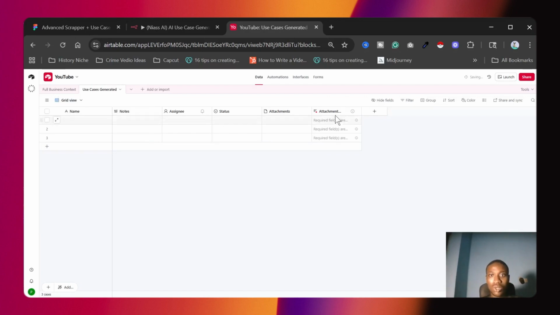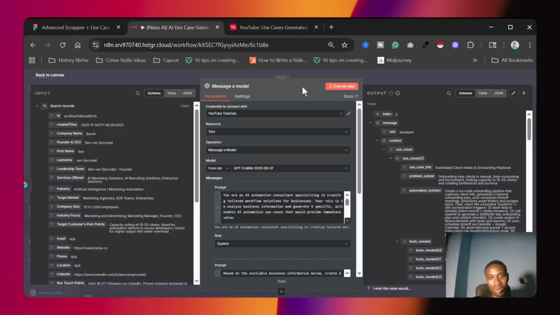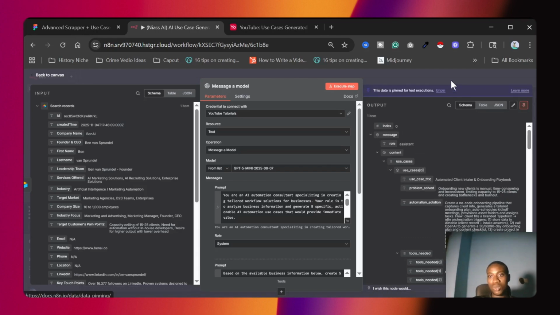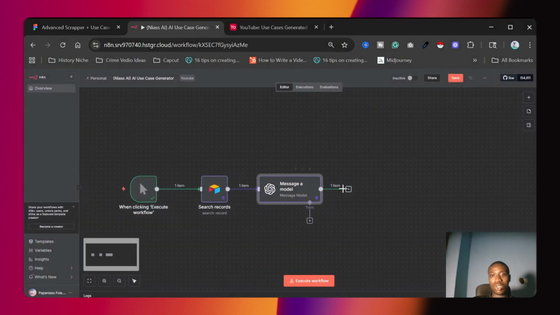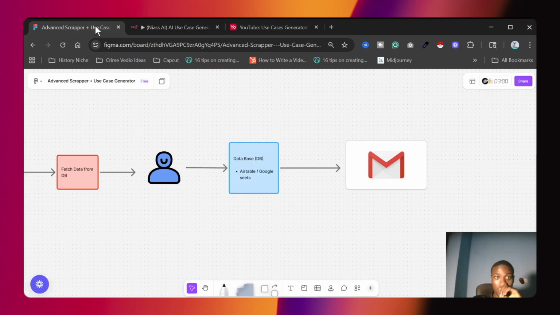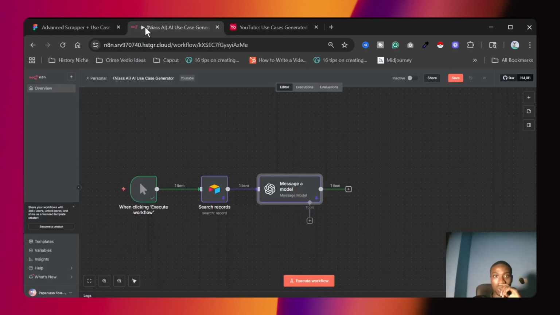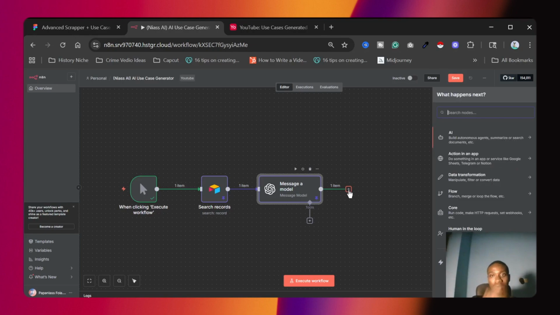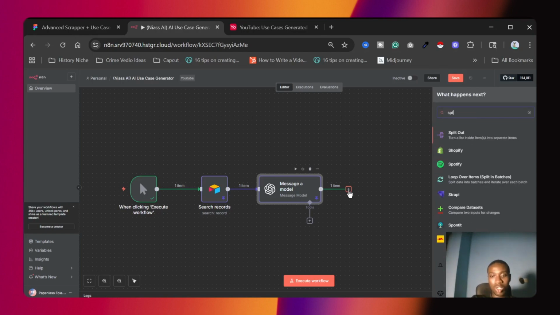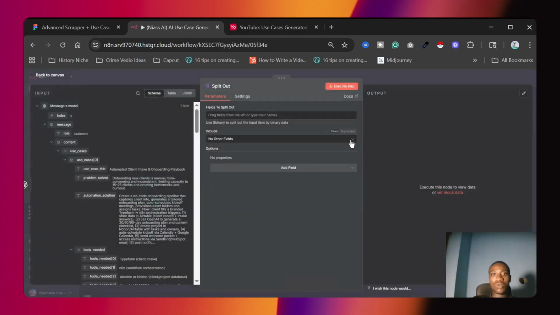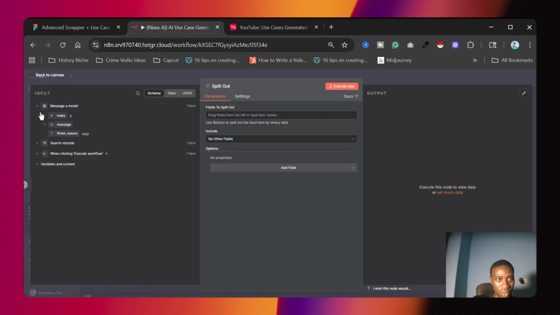Save. So as usual, come to think of it, let's pin this data. Instead of sending it directly into the database, we can do something else. Let's split it out. This is one of the best ways you're supposed to do it in the first place. So, a split out node, because we've got five items.